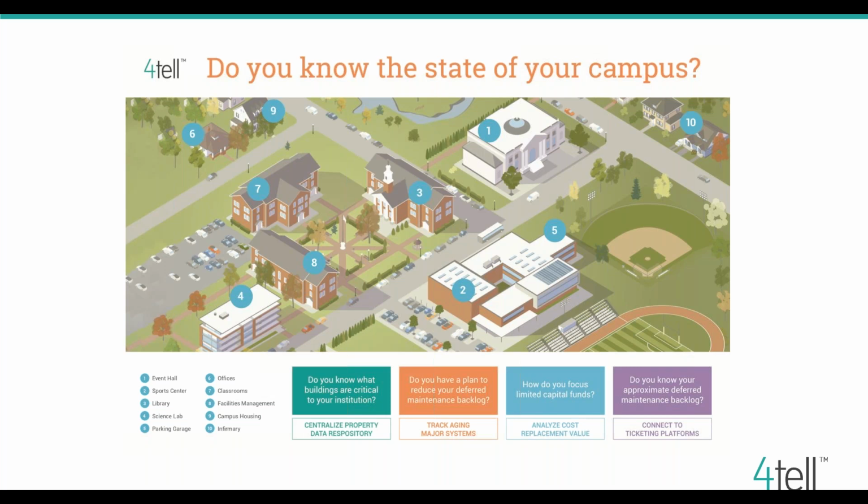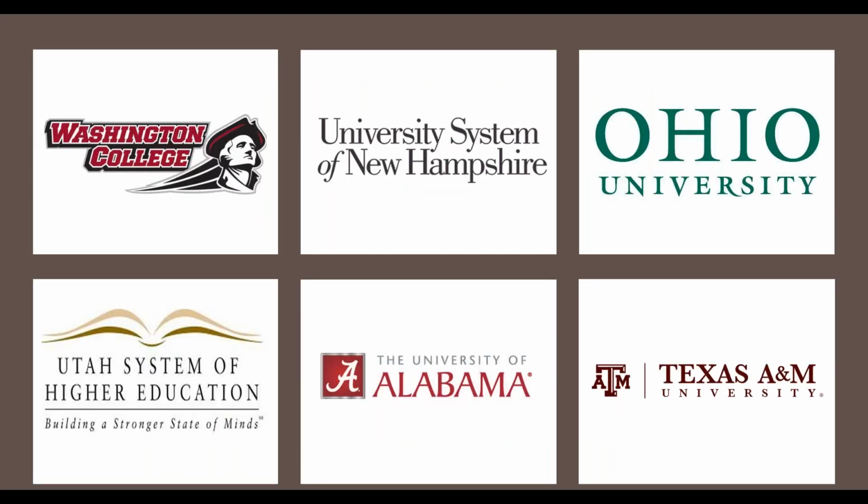So as you have different initiatives, everything from student retention to energy, I know is a common one, and student safety is another common objective that comes up, you can reweight and reprioritize programmatically where you want to be allocating your resources. Here's an example, other than USNH, of some other schools whose data is on the Fortel platform. In some cases, these are where an engineering firm has used our mobile apps to do the assessment, and then on an ongoing basis, these universities update their capital plan on the platform. In other cases, these schools do self-assessments where they get the data on the platform and then offer the mobile tools to their campus staff to keep it up to date.